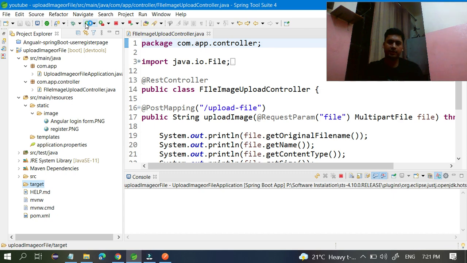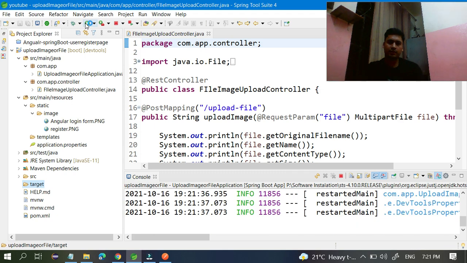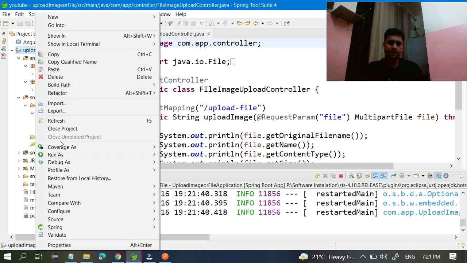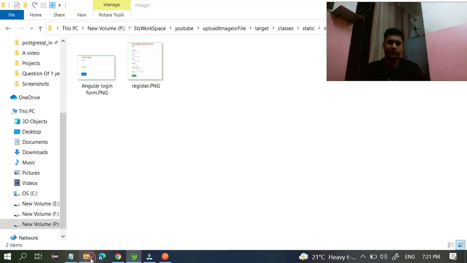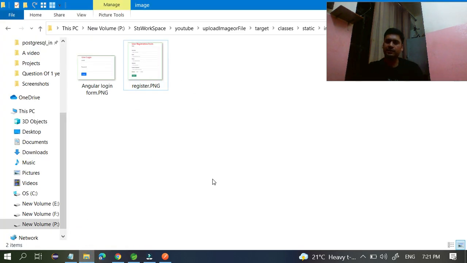when it is built, your image is going to be stored in that place. You see this image is available even if you delete it from that place, because it is already available in your src. That's why it is given to you again. In the build path also it comes again. Okay, no problem. But this approach has one problem, which I will discuss with you.